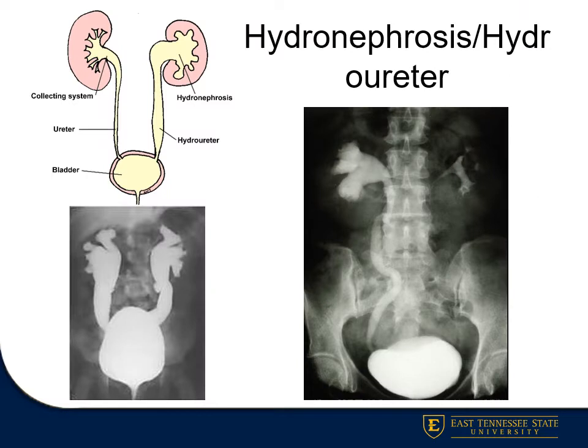Now, some clinical correlates with the ureter. There's an entity called hydronephrosis or hydroureter. Hydronephrosis is in the kidney at the renal pelvis, and then hydroureter is in the ureter. So these become enlarged, and you can see